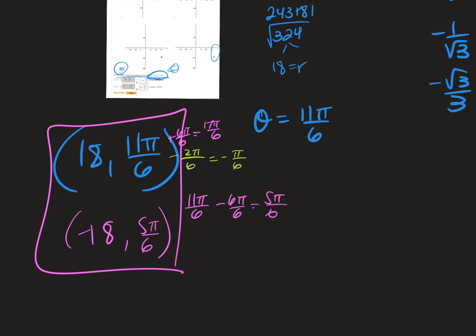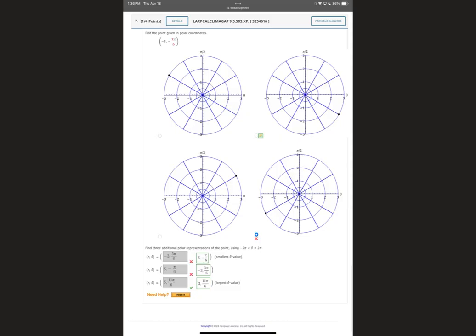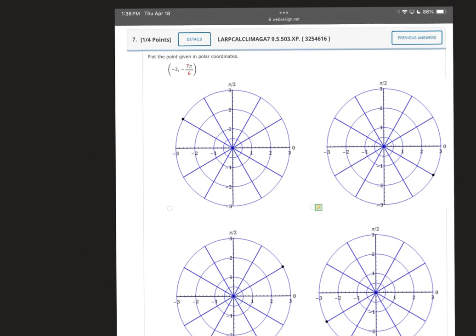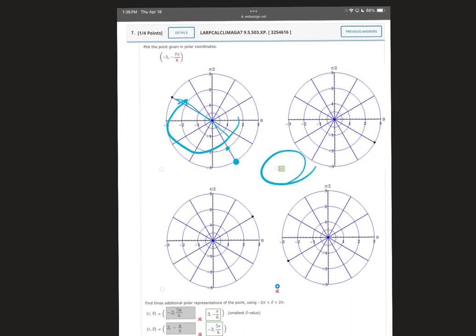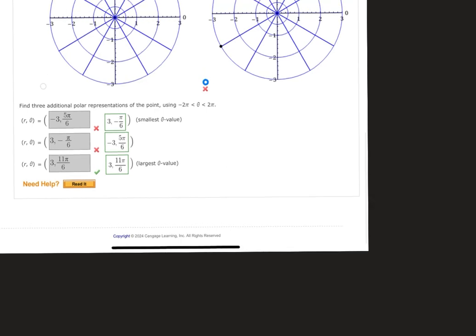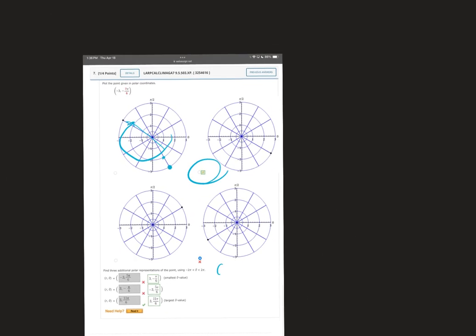Questions before we move on. So this is 7. It said plot the point. So negative 7 pi over 6, I would go negative 7 pi over 6, and then negative 3 would bring it the other direction. So it was here, which was this one, right? That one. And then to find the additional polar representations of the same thing, so negative 3,